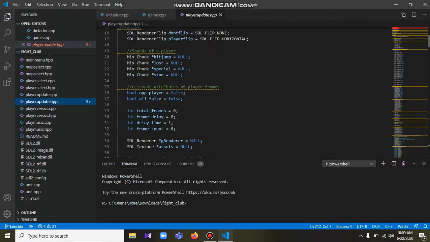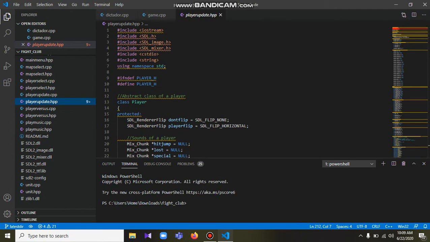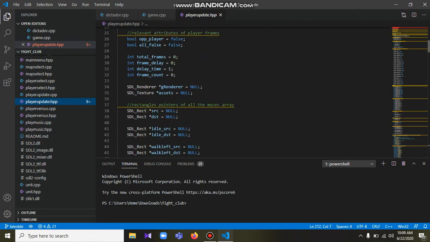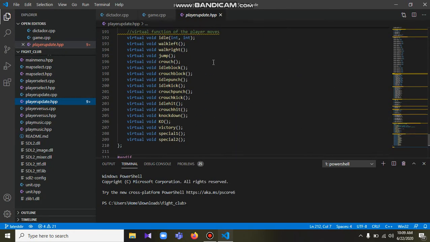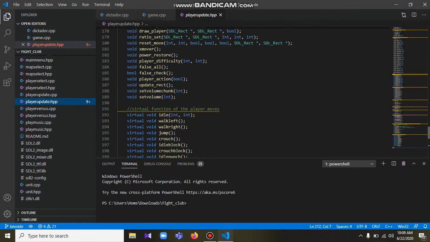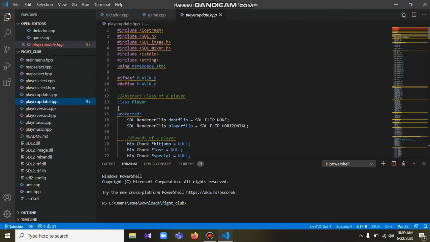As we know, player itself is an abstract class, and thus there would be no concrete object made from it. So therefore we decided to make this class abstract. As you can see, these virtual functions right here, all these move functions of the player itself are virtual, because we had to declare them in this abstract class, and then I had to redefine them in the concrete class of the players, each individual player itself. So let me cover the player update class, and then I will move on to at least one example of a player class, because we have a total of 10 players and we won't be making separate videos for each one of them.